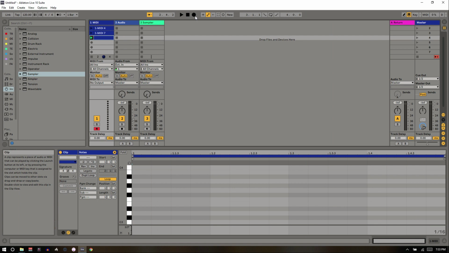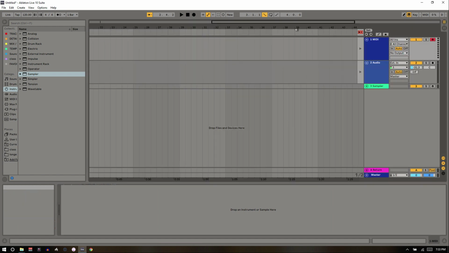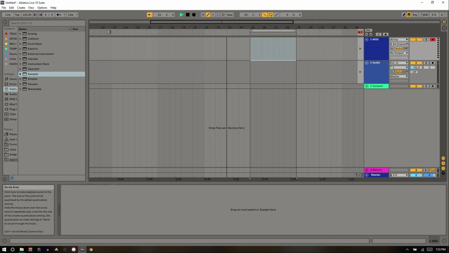Next, just while we're on this session record button, over here there's a couple of things, which is record punch in, punch out. Right, the punch in and out. What that means is, say we are looped in our arrangement view, right? So Control L will cause it to loop here, and we're playing,